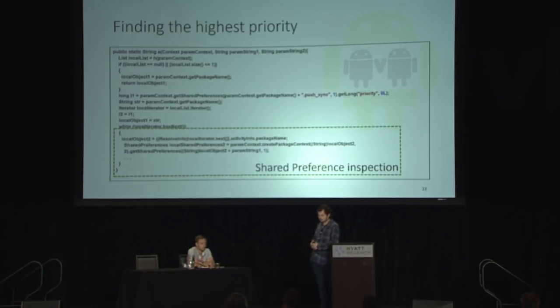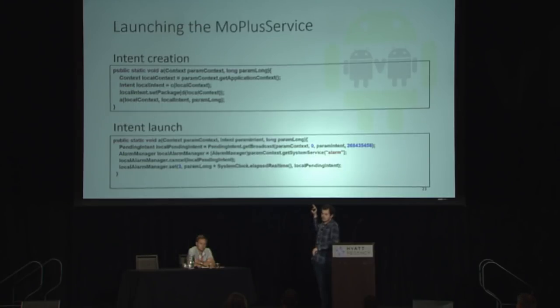So this is just how the apps were iterating to check the server preference file to look for the highest priority value, and then an intent would be created, and lastly, the intent could be launched. And the interesting thing here is that all the previous intents that call that service could be canceled because the malicious developers that injected that code into the MoPlus SDK only wanted the app with the highest access to the system to be executed.